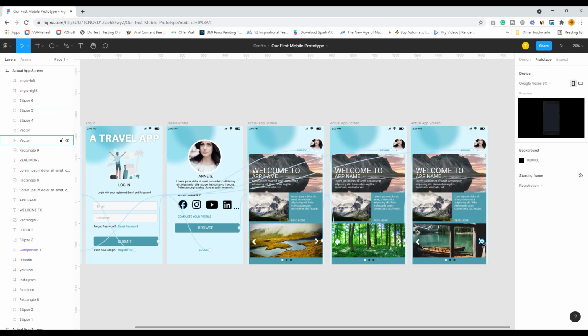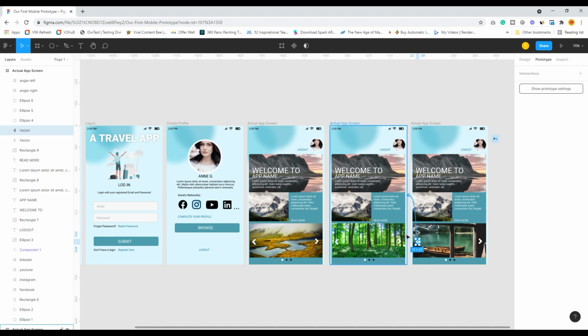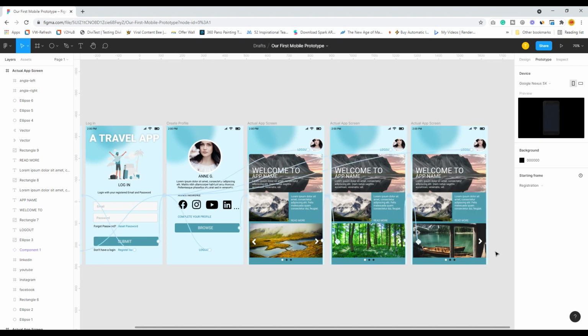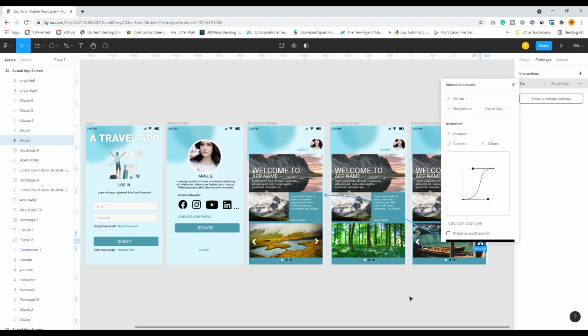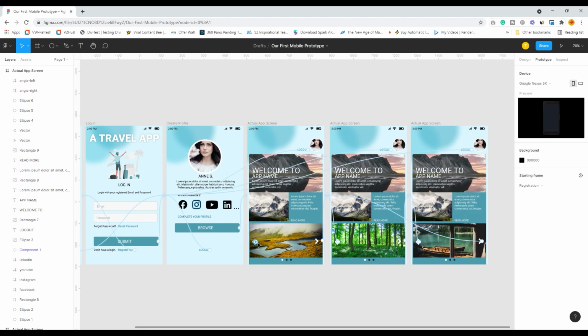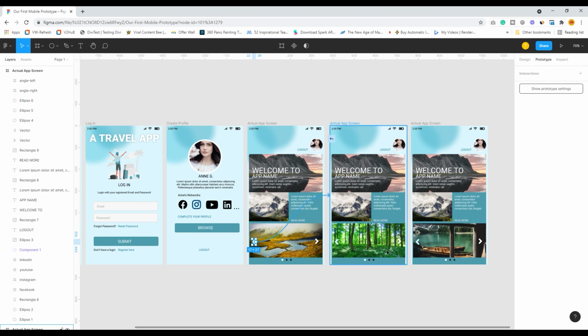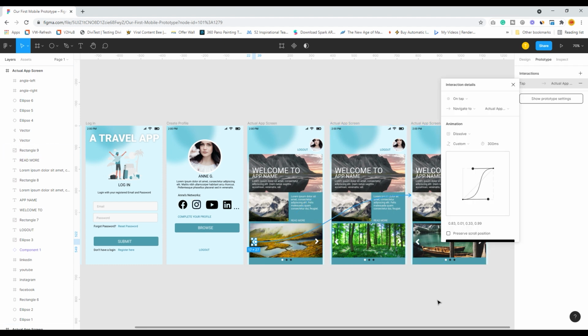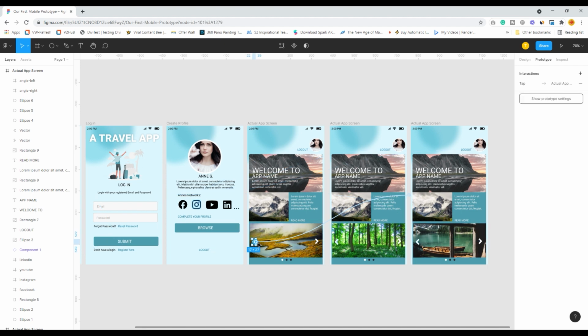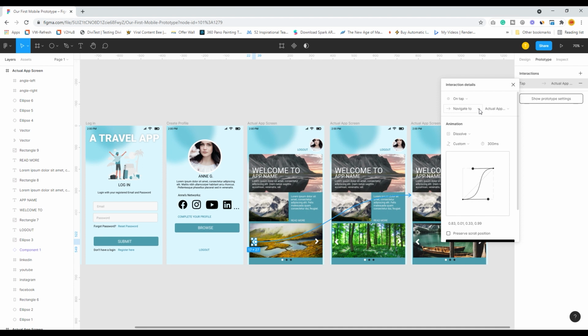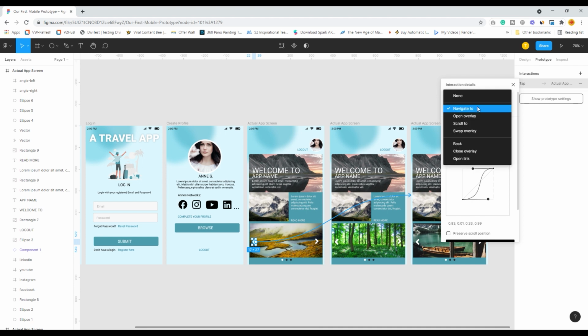and this will go back to this one, and this one will actually go back to this particular image. And if I click on this, it will go to this particular image. So all are intertwined. Okay, so how these things will work, I click on this, and if I want this thing to slide, we can also have slide.